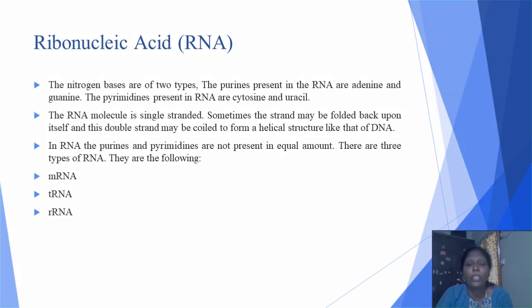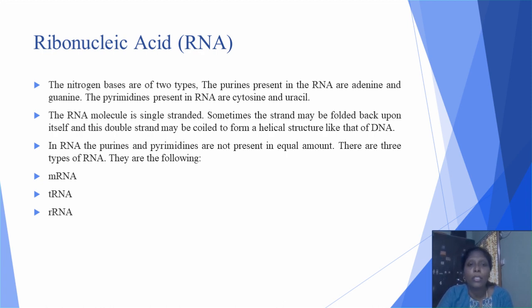If we see about the nitrogenous bases present in the RNA, it is quite different from the DNA. The nitrogenous bases present in the nucleic acids are purines and pyrimidines. In DNA, the purines will be adenine and guanine. It will be the same in RNA also. In purines, there will be adenine and guanine as that of DNA. But in pyrimidines, there will be cytosine and uracil, which are quite different from DNA. In DNA, there will be cytosine and thymine, but in RNA, there will be uracil instead of thymine.